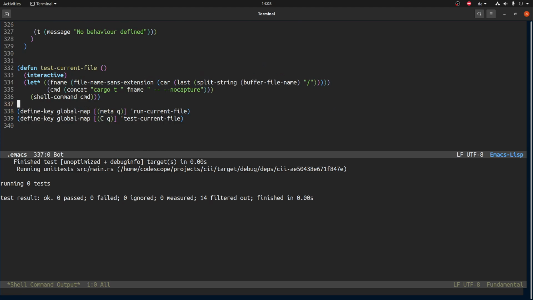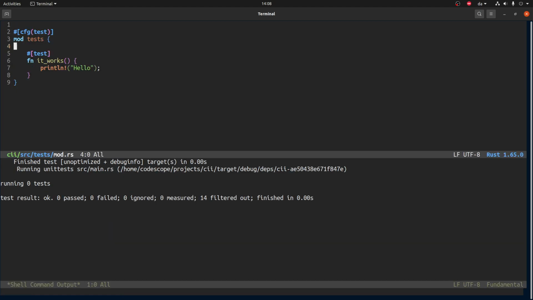Control Q test current file. Probably it's the file name that's... yes, that's the problem. That's a little bit annoying. Okay, never mind. Let's say use create run file,